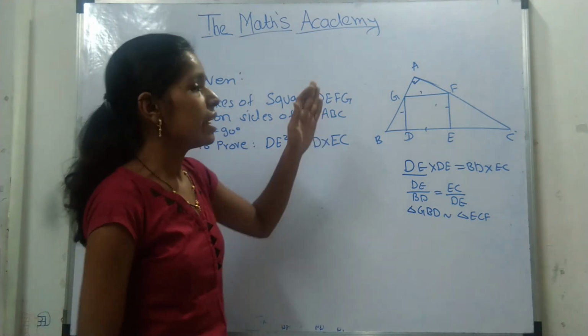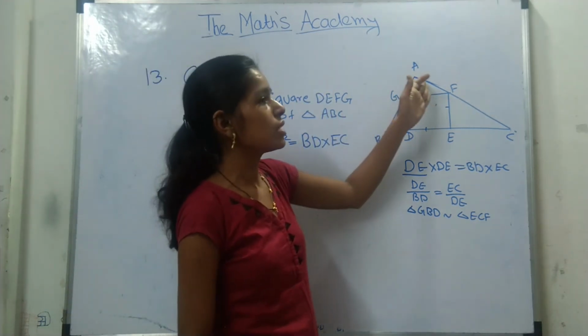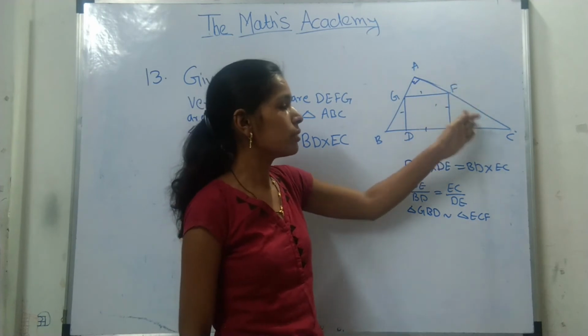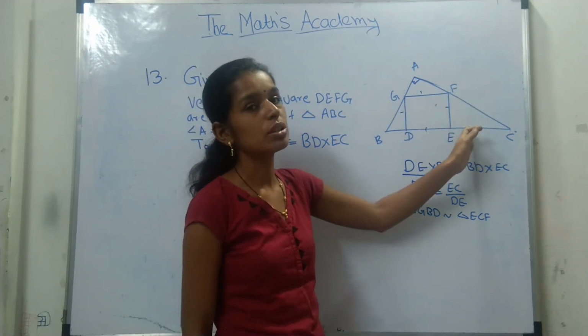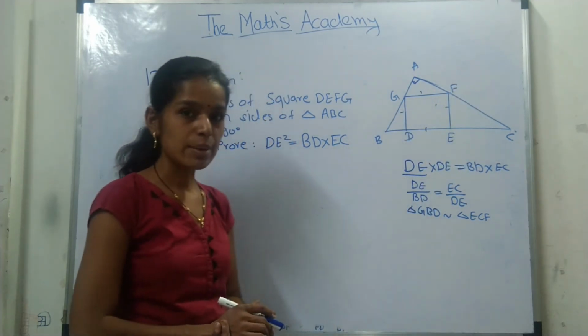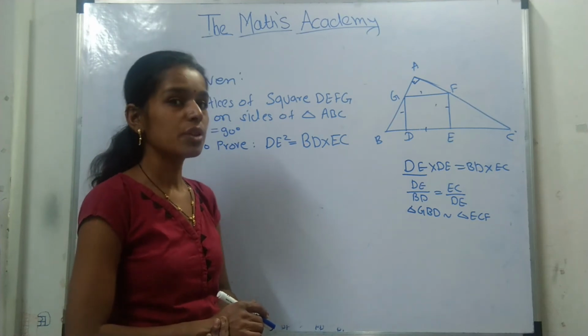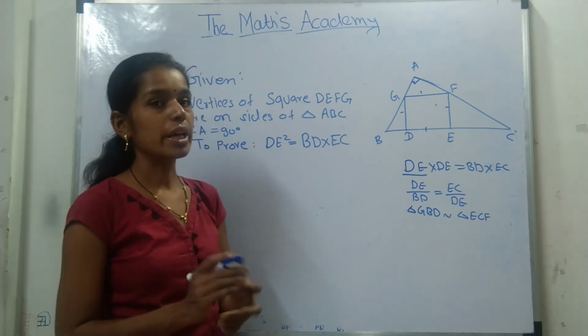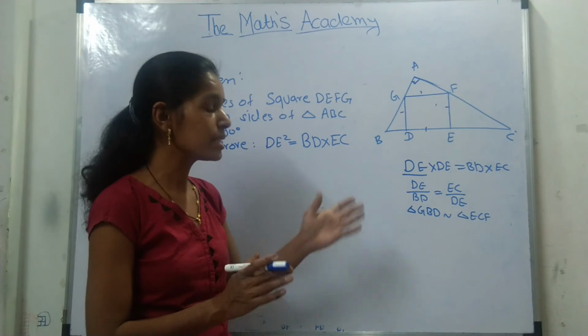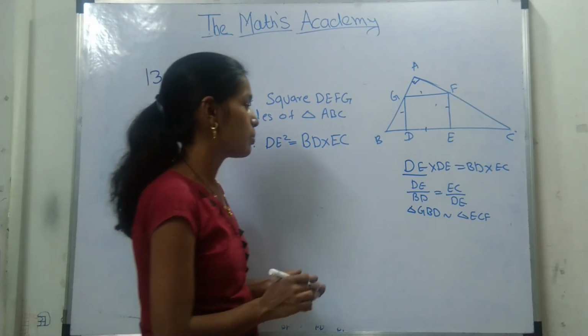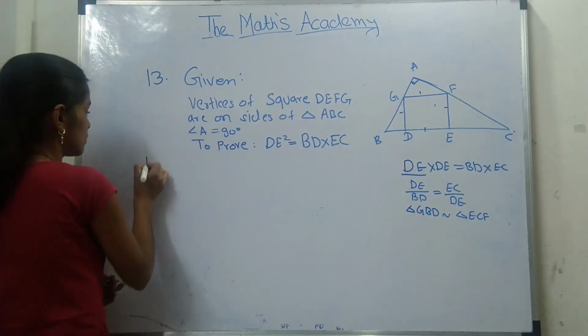It is, if one triangle is similar to the second one and the second one is similar to the third one, then obviously the first one is similar to the third one. I have explained this concept in one of my videos on the test of similarity, so you can go through it for clearing this concept. So let's go towards the proof.